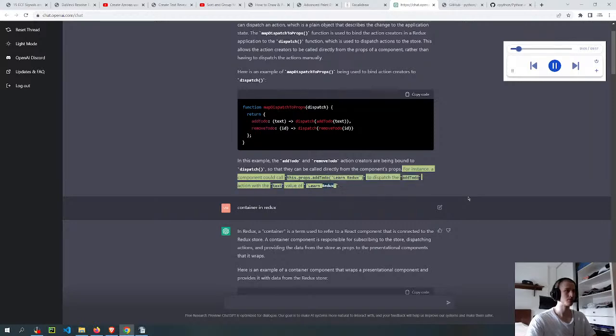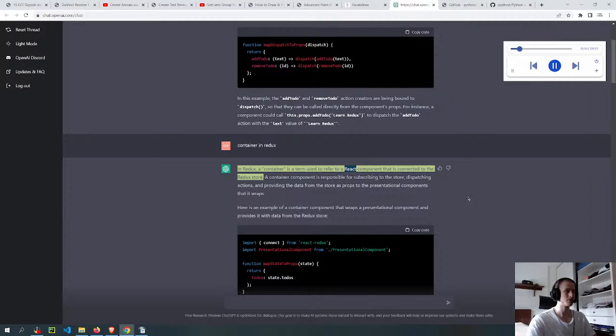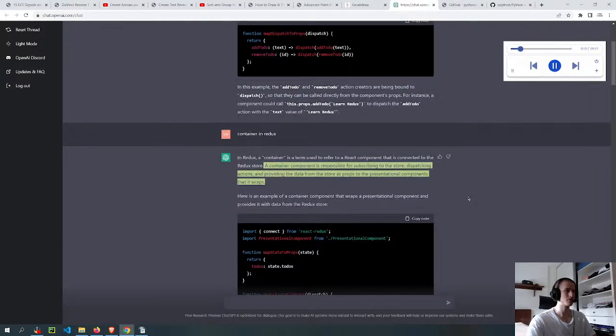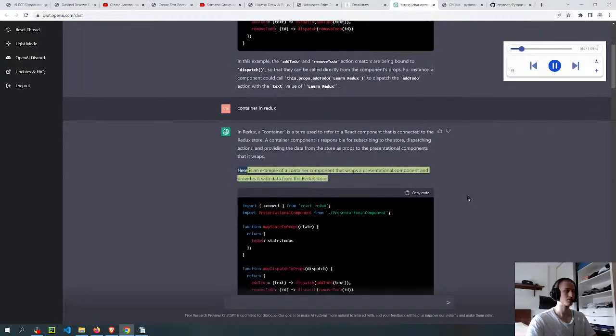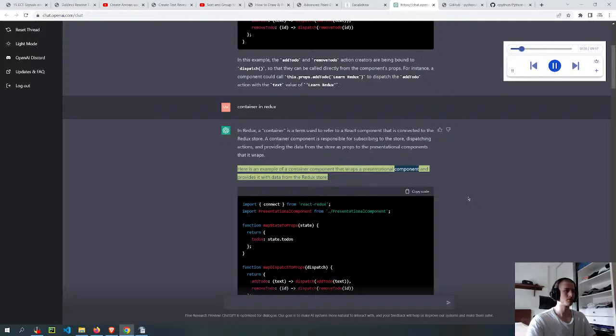'learn Redux'. In Redux, a container is a term used to refer to a React component that is connected to the Redux store. A container component is responsible for subscribing to the store, dispatching actions, and providing the data from the store as props to the presentational components that it wraps. Here is an example of a container component that wraps a presentational component and provides it with data from the